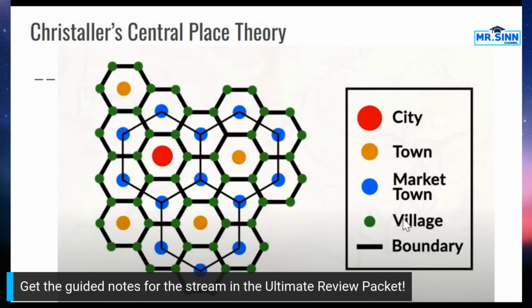Notice that on the bottom of our hierarchy are villages. And notice when we're looking at this, they're all surrounding either a market town or a town or the city. They have the least goods and services. They have the least pull factors. And because they have the least goods and services, they need to be connected to a larger settlement so that they can get the support they need. And so we can see as we expand farther away from our city, generally our nodes here are going to be these larger settlements because they have more goods and services that can support. And Christaller used the hexagon so that everything kind of perfectly aligned.